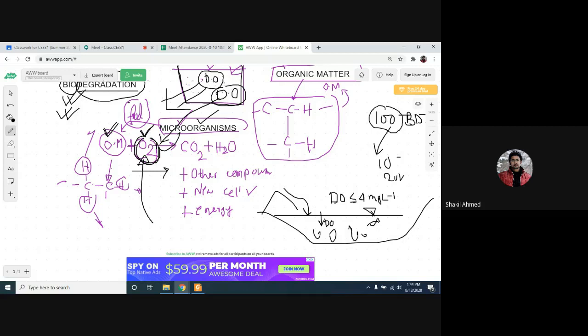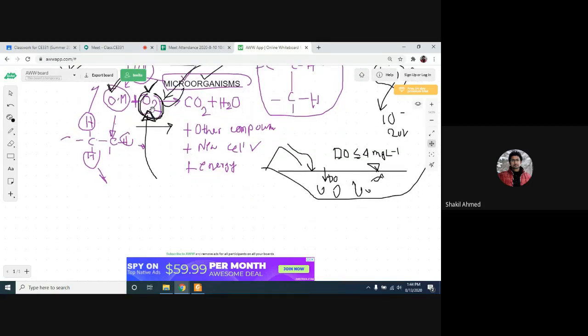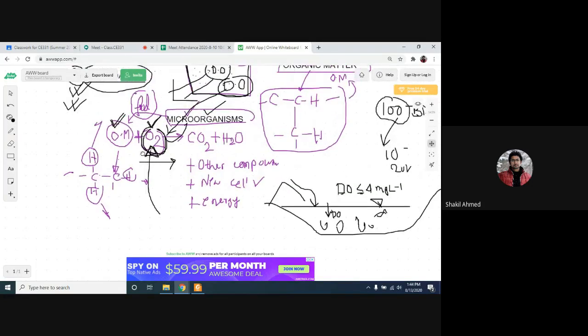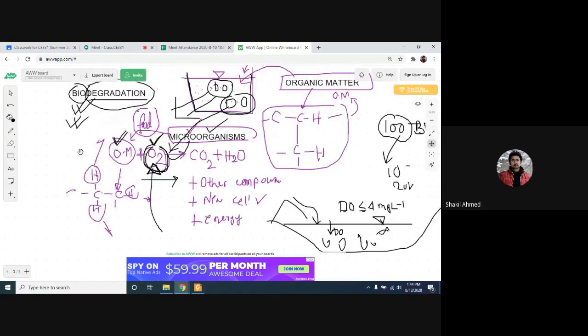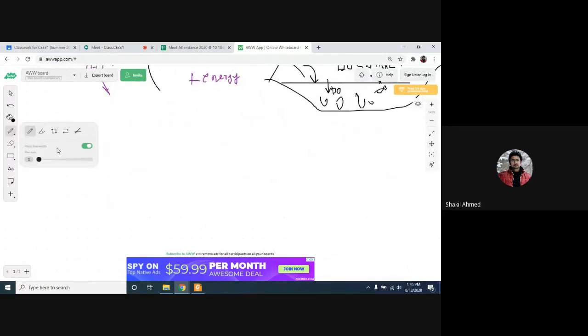Remember that this oxygen is a measure of how much organic matter is present in water, and this organic matter is degradable by the microorganisms. Now, if you go to organic matter,